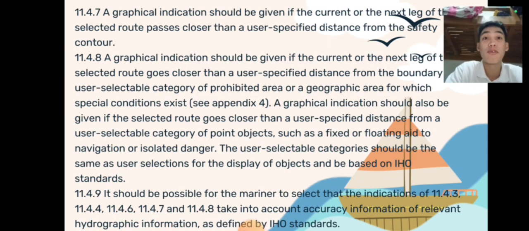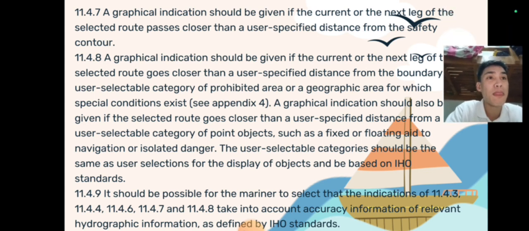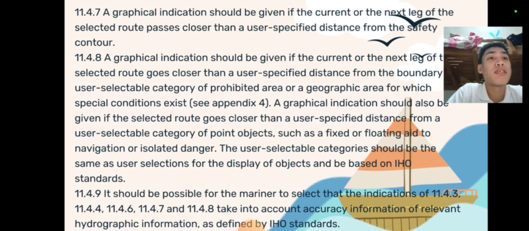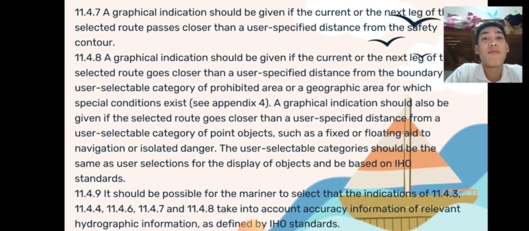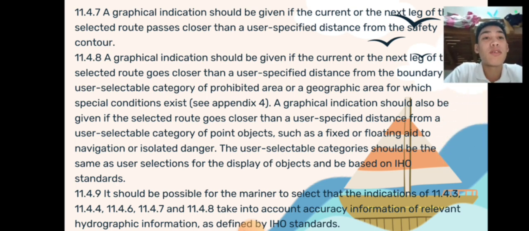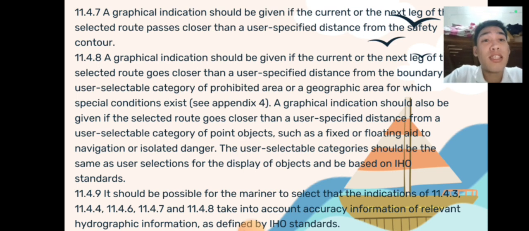For 11.4.7, a graphical indication should be given if the current or the next leg of the selected route passes closer than a user-specified distance from the safety contour. For 11.4.8, a graphical indication should be given if the current or the next leg of the selected route goes closer than a user-specified distance from the boundary of a user-selectable category of prohibited area or a geographical area for which special